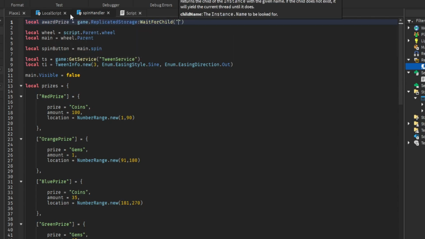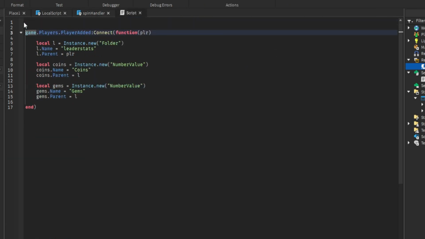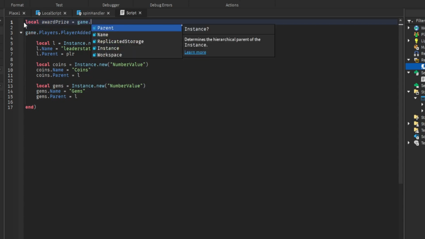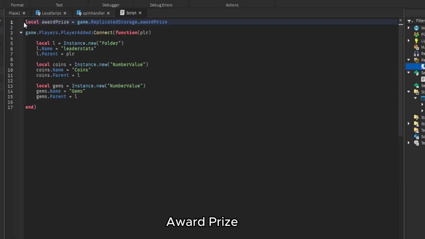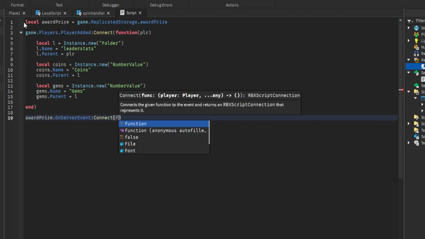Down the wait for child award prize, and here as well. Award prize, the on server event connect function,